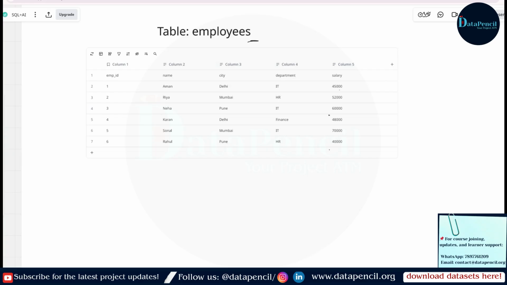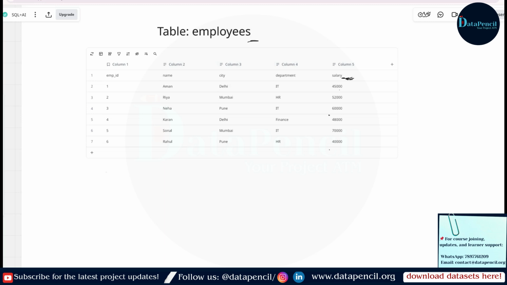And your manager is asking that you show this data in ascending order based on salary, meaning the salary should be in ascending order. He wants to see a table where salary is in ascending order. How can you convert this table in ascending order based on salary?